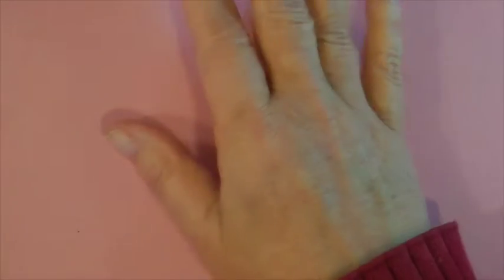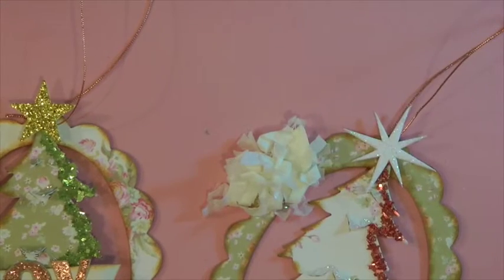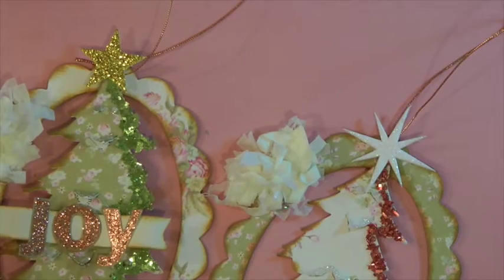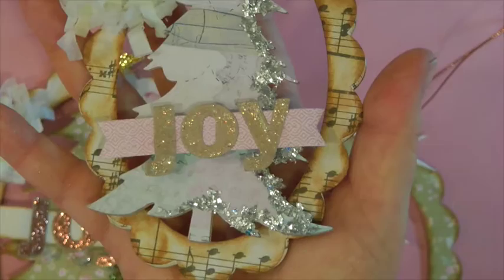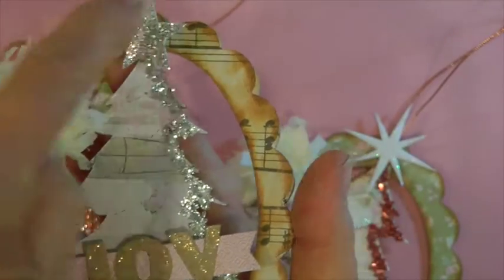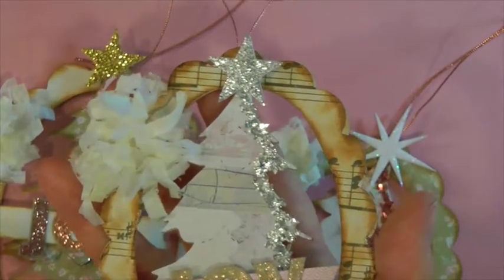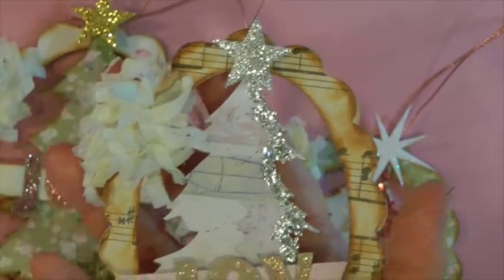And before I go into my cards, I did kind of a vintage feel on these cards. I kind of thought of Tim Holtz when I did these. I'll show you the first one I did. I used 2 dies. One is the Christmas tree, Sizzix Christmas tree number 2. And you'll notice that on the background. And then this is the oval scallop frame, which is a Sizzix die, and I covered it with music paper. It's not real music paper, but